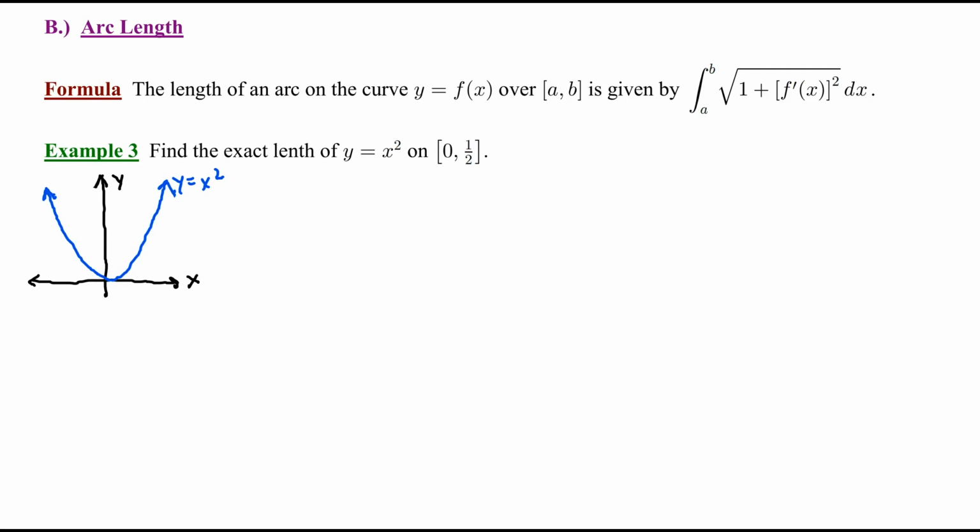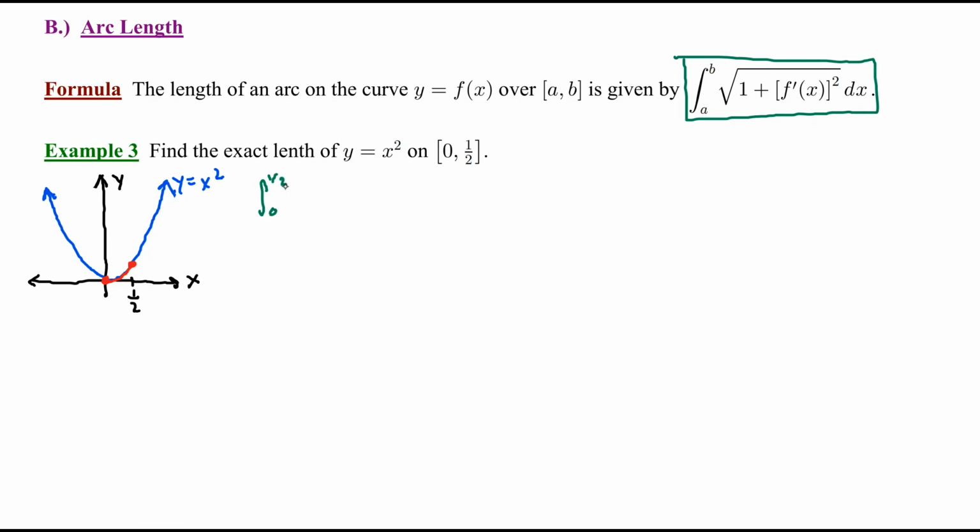So our goal is to find the actual length of the curve from y equals 0 to y equals 1/2. Of course, this is not drawn to scale. So we're going to use this integral to measure the linear distance of that particular part of the curve. So following this given formula, we're going to set this up as the integral from x equals 0 to x